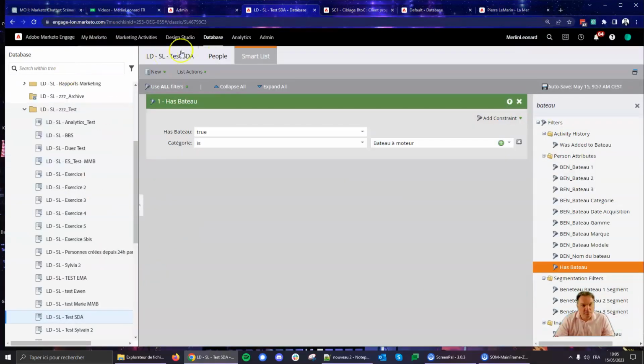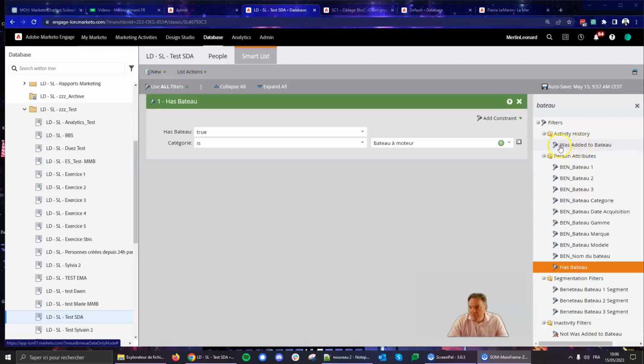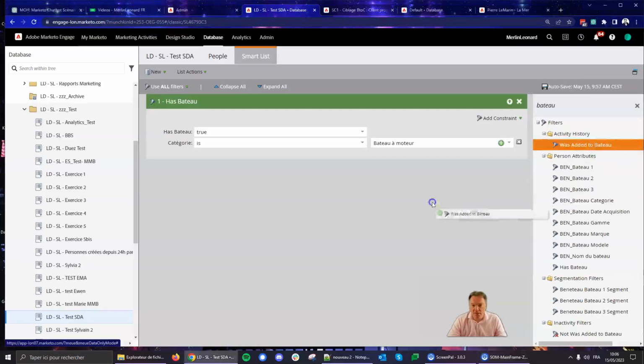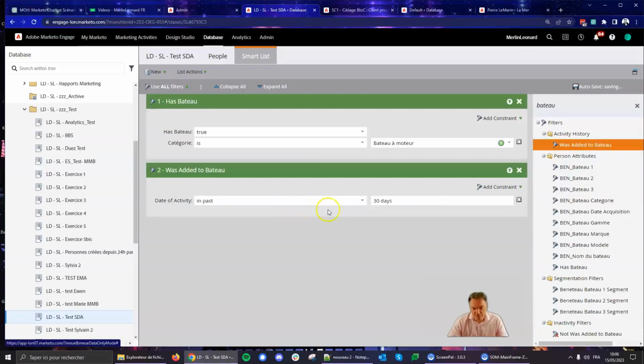Here I'm in a smart list in the database part, a test smart list, and I have a number of filters Marketo has added for me related to boat. I've got was added to boat here. So people who in the past have been added, who have bought a boat.